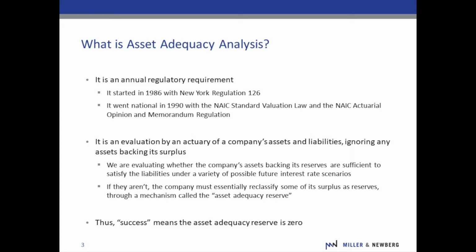And so success is when the actuary gets to tell the company, you don't need to have an asset adequacy reserve. Everybody recognizes that success. But really the value of this whole exercise comes down to this: all of these scenarios allow a company to peer into the future and take a look at which of these scenarios are problematic. And is there something I can do today that would make those scenarios less problematic?